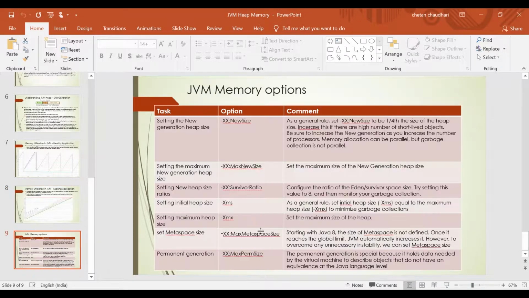Then we saw some JVM memory options specific to the heap area. I've also given you the assignment to try out these options and observe how the heap area restructures when you use these options and when you don't. I've shared one PPT with multiple combinations of options plus single options, so you'll be in a better position to understand how your JVM heap memory is restructured when you use these options.